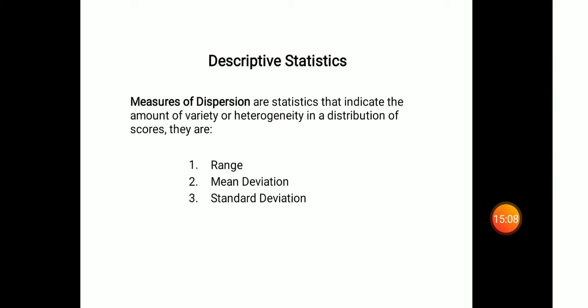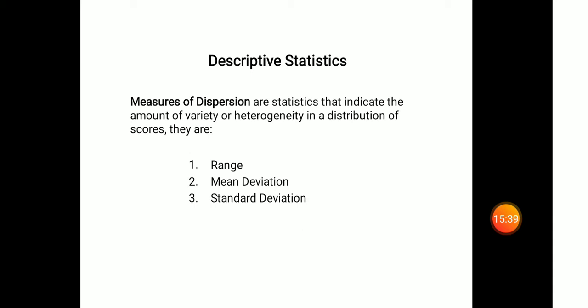Each of the observations' squares get added. We are dividing it by, since the number of observations is less than 30 (20 observations were there, no?), since the number of observations, 20, is less than 30, we are dividing it by 19, n minus 1, 20 minus 1. But imagine there are 40 observations, then we will divide it by 40 only. Then take the square root of that, and we will get the standard deviation.